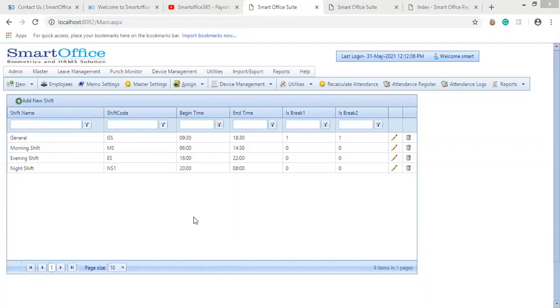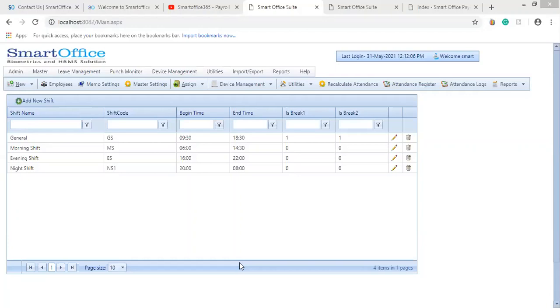If we have created these kinds of shifts, then I can call them shifts with a marginal difference or no marginal difference. Because here you have a morning shift from 6 o'clock to 2:30, and you have a general shift, and if you have an afternoon shift, that is 2:30 to 9:30. So in this case, just ignore this one.